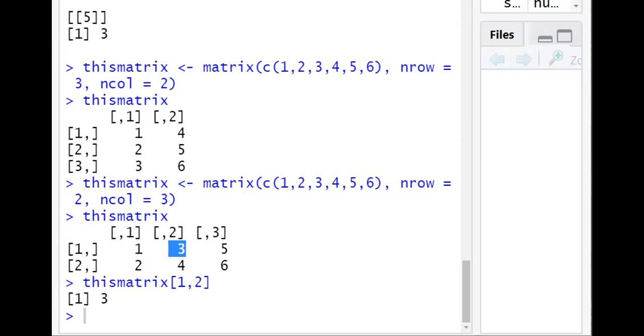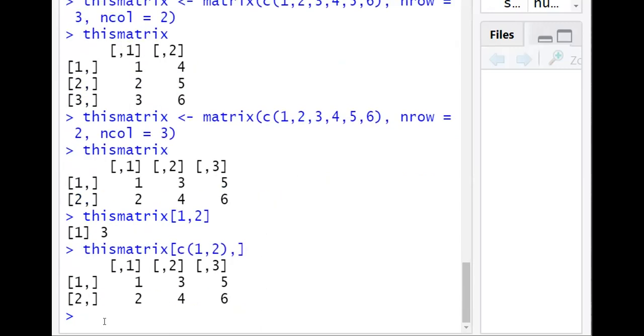So we can have more than one row. In order to access more than one row, we can write a command like this. c of 1 comma 2, and in the column we can leave it blank.